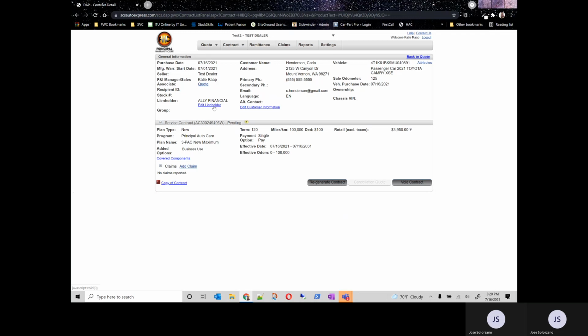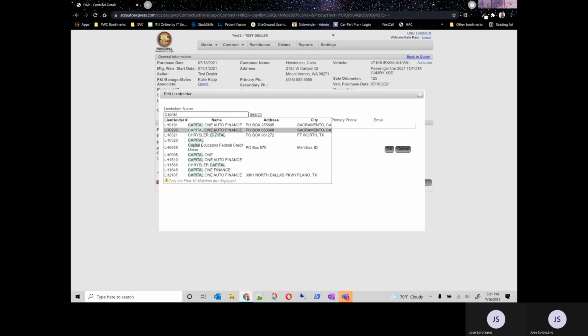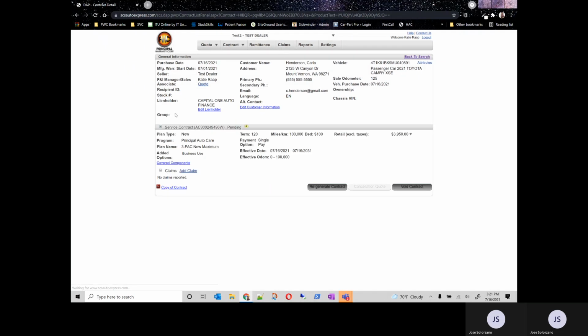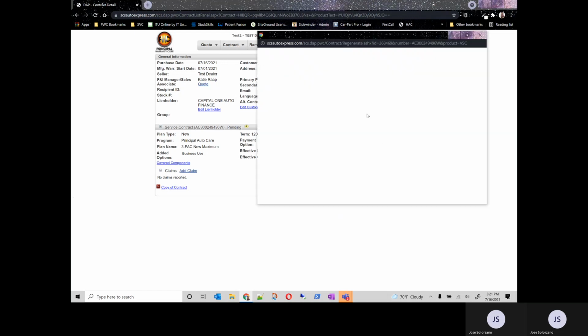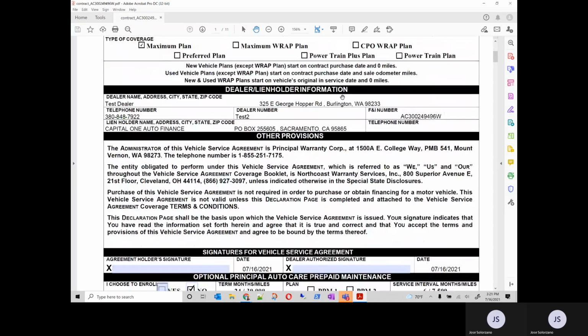So here is an example. Let's go ahead and edit the lender. We'll look for Capital One Auto Finance. We're going to hit OK. And now in this general information screen, it does show that the lien holder is Capital One Auto Finance, but it won't actually show that on the copy of the contract screen. So what you'll do is hit regenerate contract, and that's going to pull up a new copy of the updated contract that now shows the lien holder as